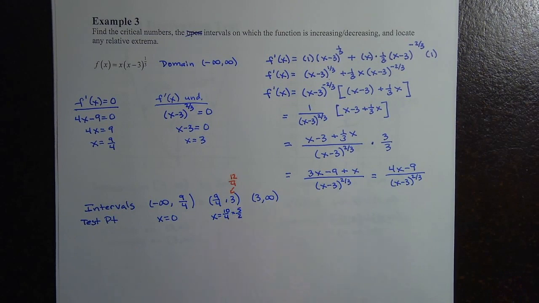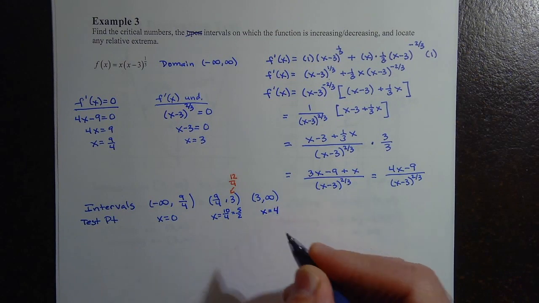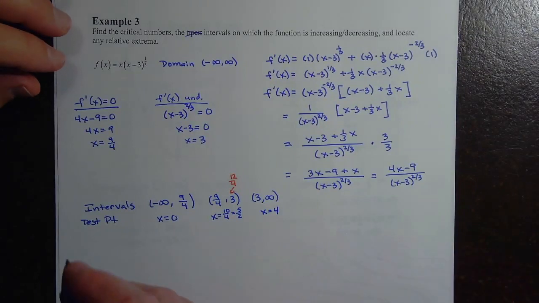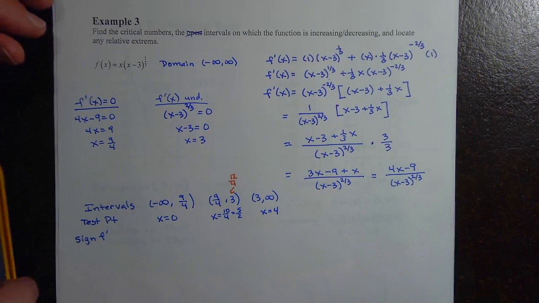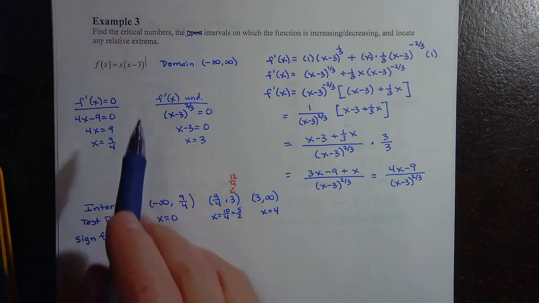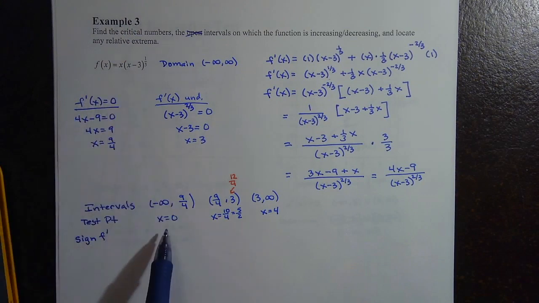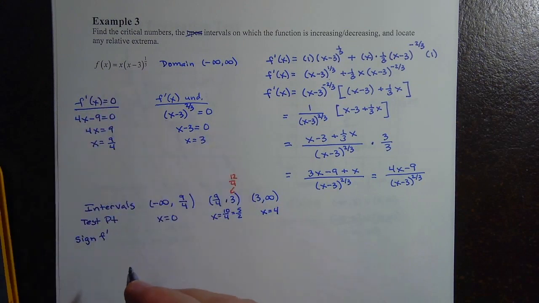And so some people might say, well, Mr. Mitchell, couldn't you use 2.5? Sure, 2.5 is in there, okay? And then for this one, I'd use x equals 4, okay? And then we're going to look at the sign of f prime. So some of these are going to be easy. So this one right here is, if we put x equals 0 in here, this one's going to be 0. And so the whole thing is going to be 0, right? So the sign of